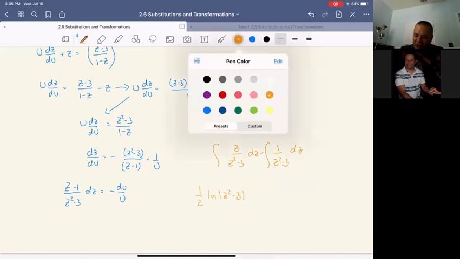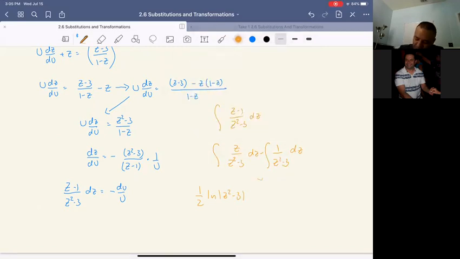Because you're just going to let u equal z squared minus 3. And this one is like some arctan, or let me just do a trigonometry, or